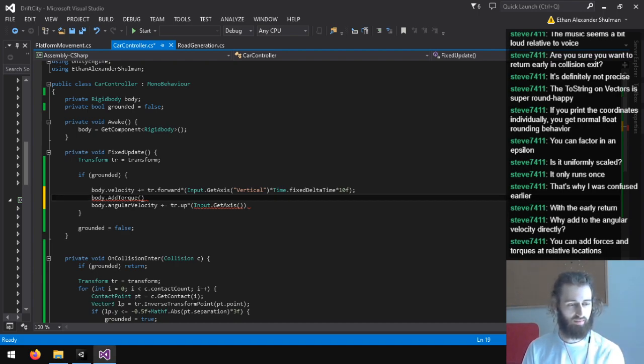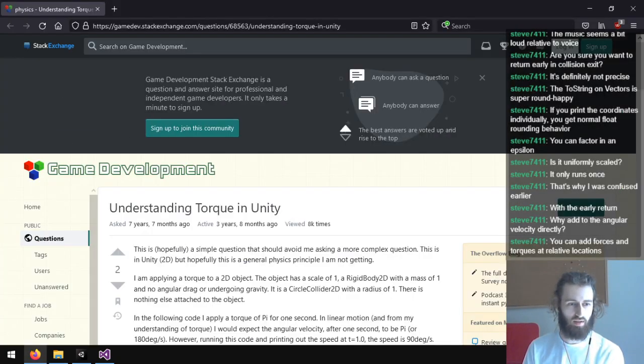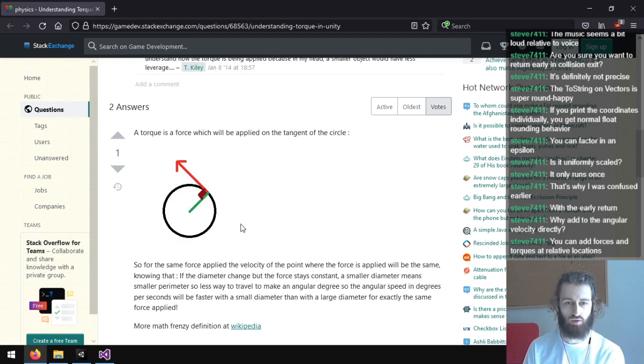So, like, does that mean the X and Z torque are the same because they both convert to Y-axis angular velocity? Yeah, actually that does, it says applied to the tangent of a circle. Yes, okay, that actually explains it.